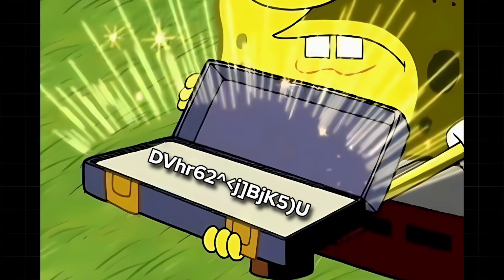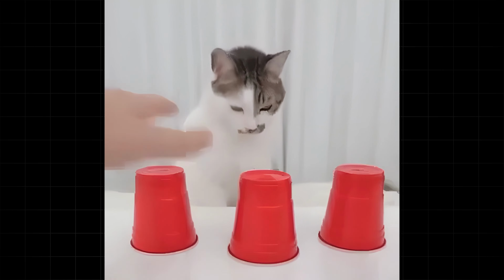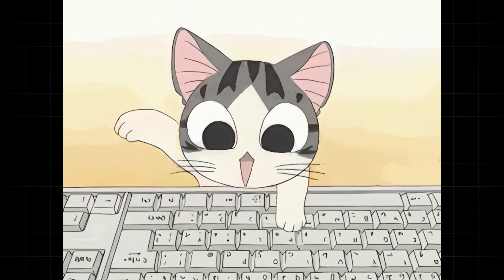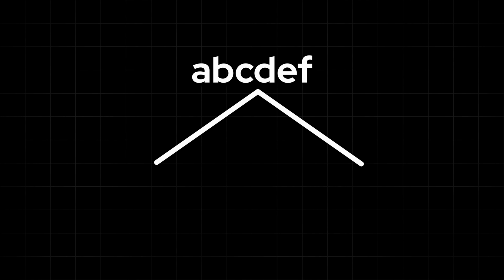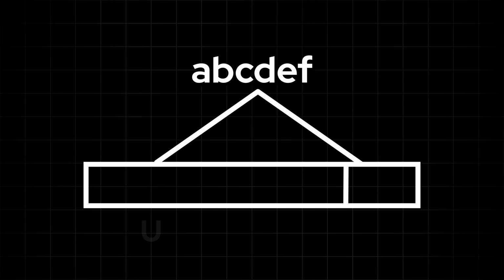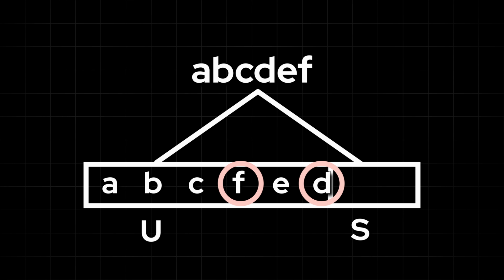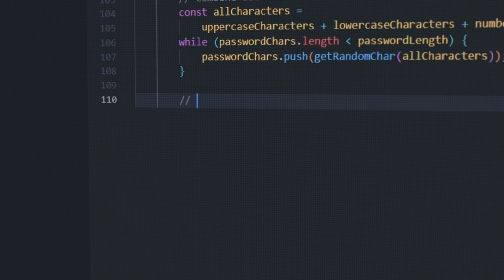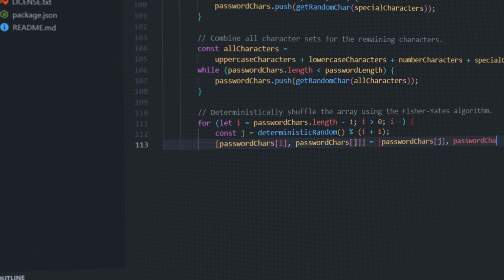Once we get our final password, at the end we need to deterministically shuffle the password, as the password generated has characters from the character sets in order. So for shuffling our password, we will use the Fisher-Yates algorithm. In this algorithm, we will divide the string in two parts, unshuffled and shuffled, and we will repeatedly select a random character from the unshuffled part and swap it with the last index of the unshuffled part, and then mark the last index as shuffled. After the shuffle, we will return the generated password and our core password generation logic is completed.